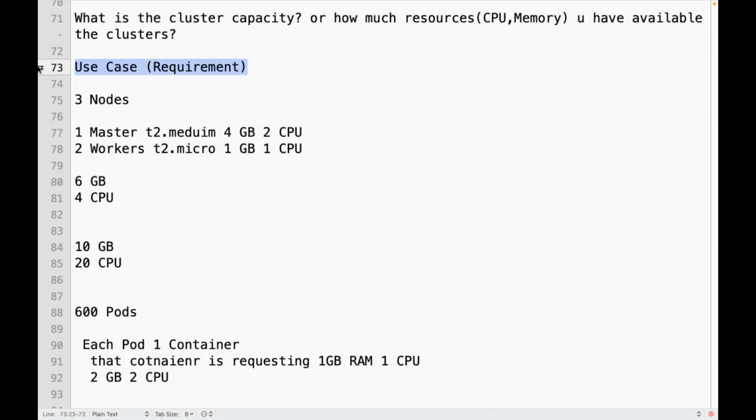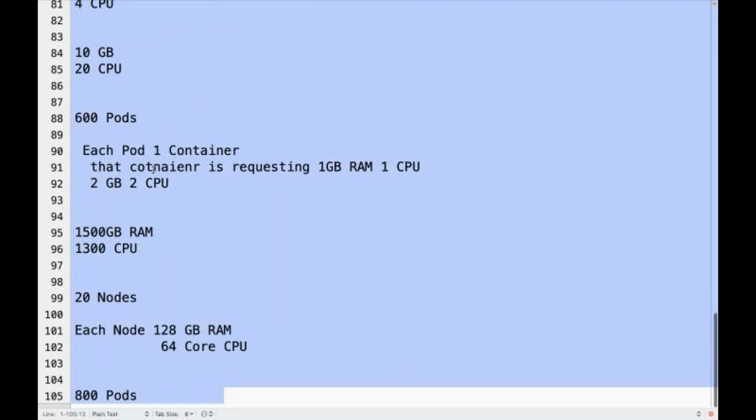Whether it is infrastructure like servers and storage, or an application like a Jenkins pipeline or Dockerfile, everything I need to write and implement is as per the requirements. Is everyone clear? In the interviews, if they ask how many nodes, how many pods, how many namespaces, how many clusters, is everyone clear how to answer all these things?